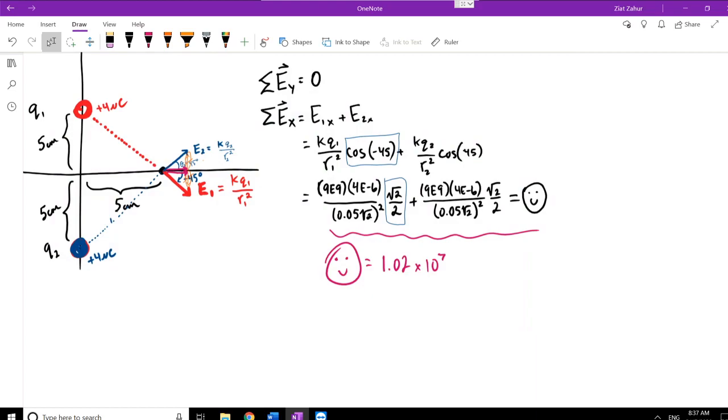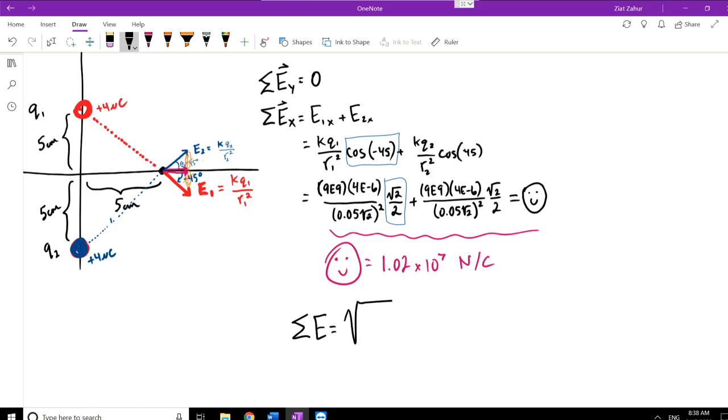Now we also need units. So what did we find? We found the net electric field. And so the electric field is measured in newtons per coulomb. Newton per coulomb. Okay. Now, since the y is 0 and the x is this value, we know that the net electric field